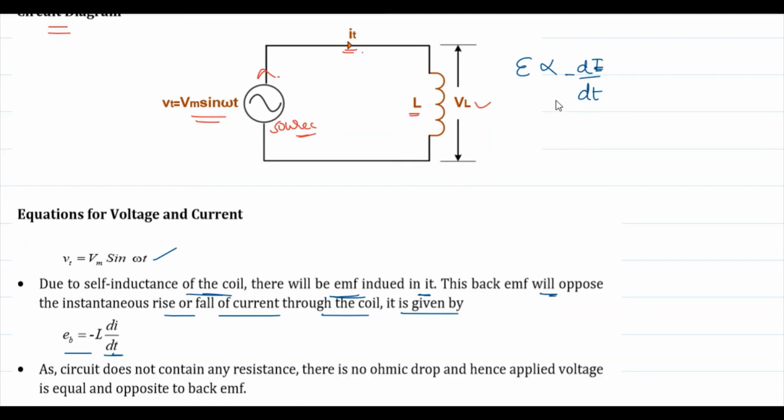That is, the EMF will be induced in the negative direction, so the rise or fall of current in that inductor will be opposed by that back EMF. Now the proportionality constant is given by: EMF is directly proportional to minus L into di by dt, where